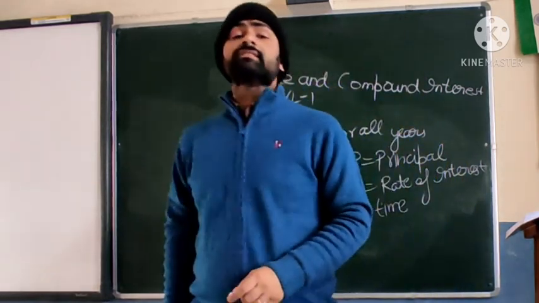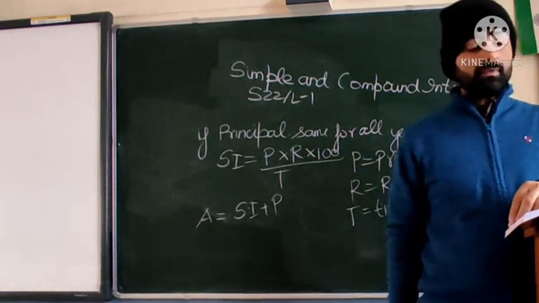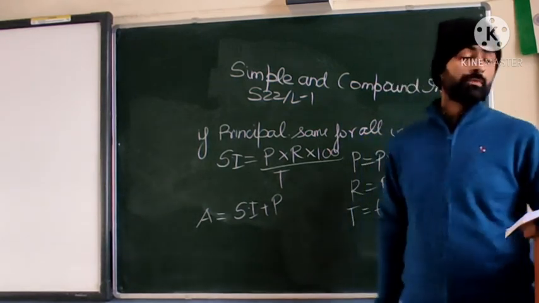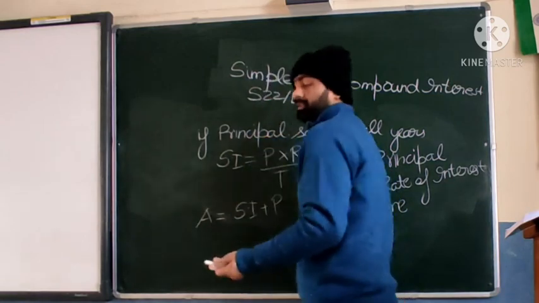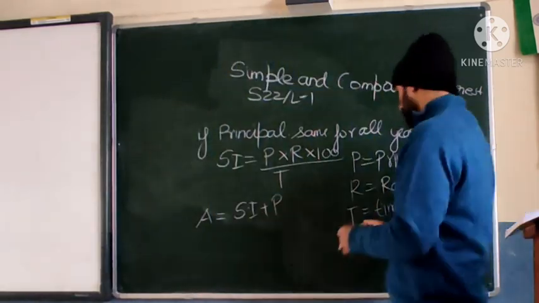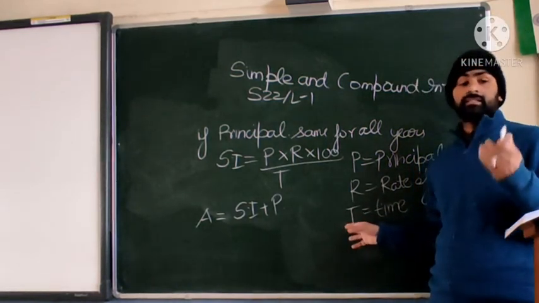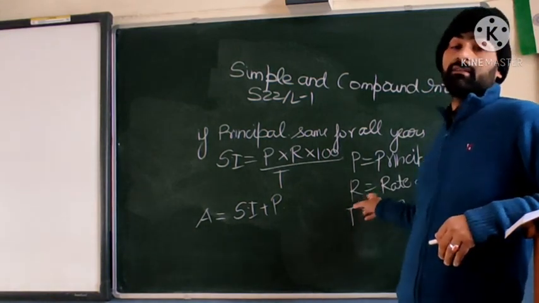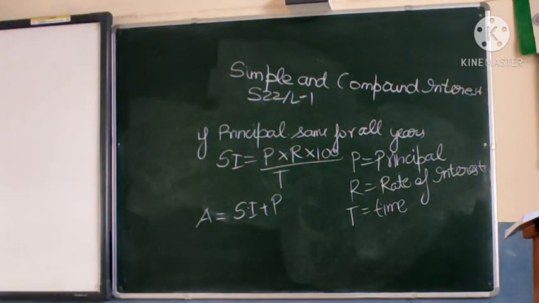Other than this, nothing more complicated is there in simple interest, and that formula is to be used. One more thing that is given in the questions is counting how many days are in a month. Suppose in a particular month the number of days is less, so sometimes you have to calculate the number of days. So the time will be given in months, days, years, like that. So you have to convert it to years because the rate of interest is given per annum. That means it is given yearly, it may also be given as half yearly.